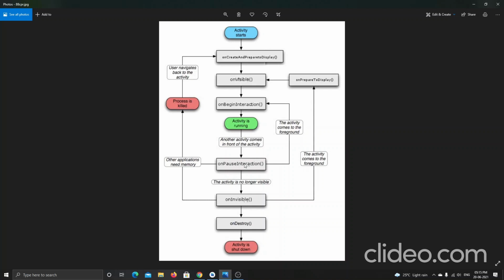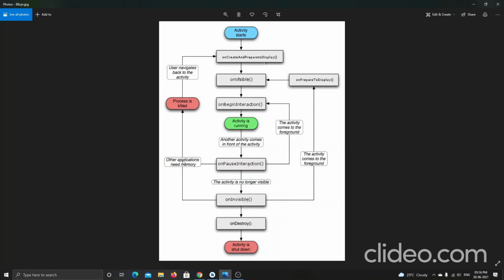When I press the back button, the application will go to the pause state. If I want to kill that process, I go to the app drawer and close all the applications. Then it goes to the other applications.